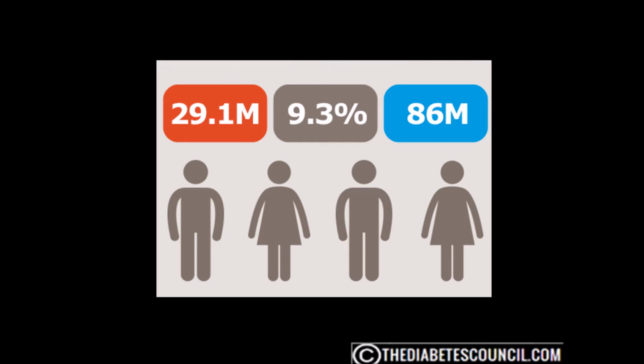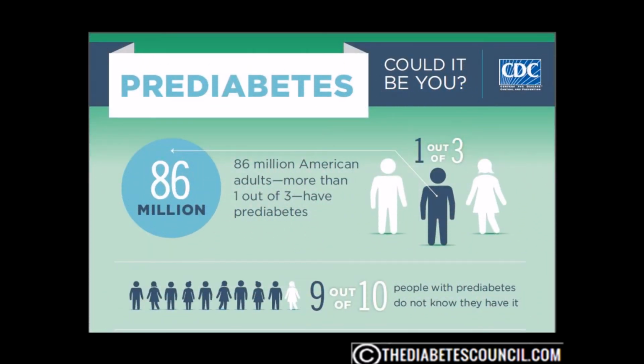Now in the U.S., about 80 million people over the age of 20 have blood glucose levels above the normal range, but not high enough to yet be classified as type 2 diabetes. This is known as prediabetes. It is sometimes referred to as impaired glucose tolerance. This type of diabetes is difficult to diagnose because most people with prediabetes usually have no symptoms. But prediabetes is almost always present before a person develops type 2.